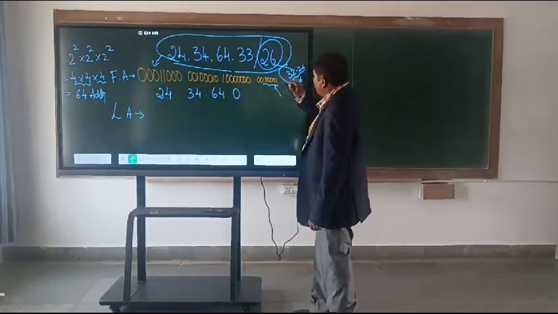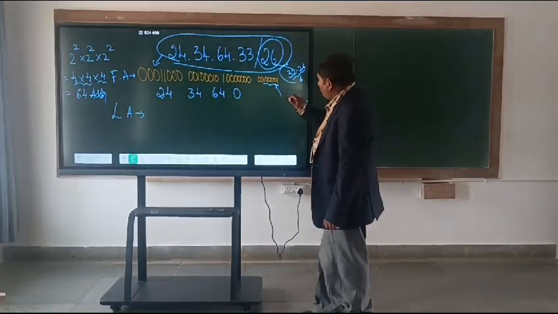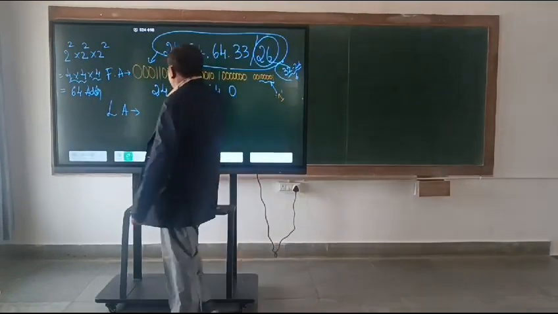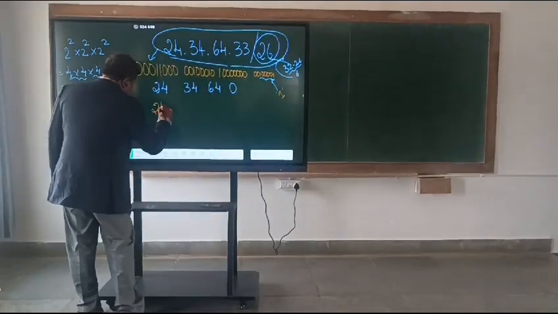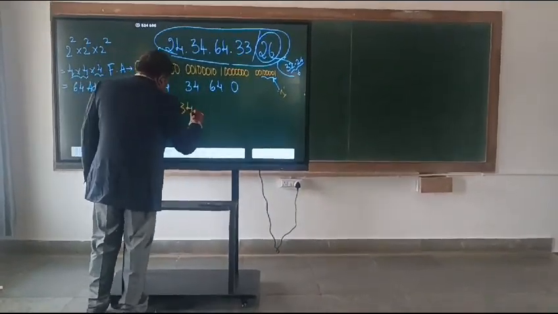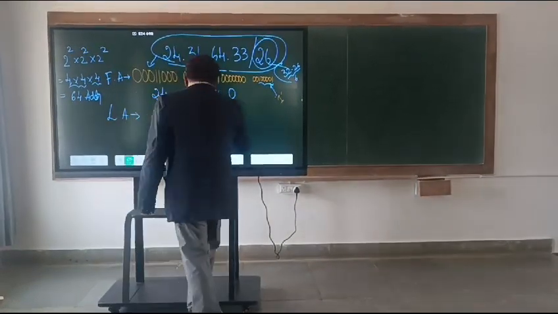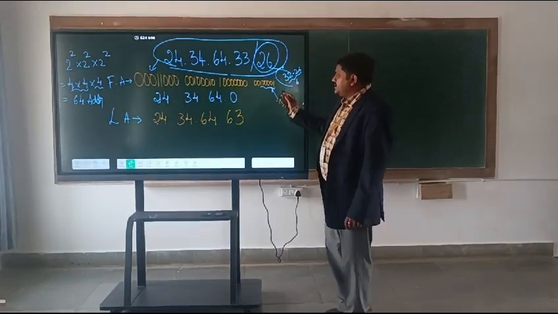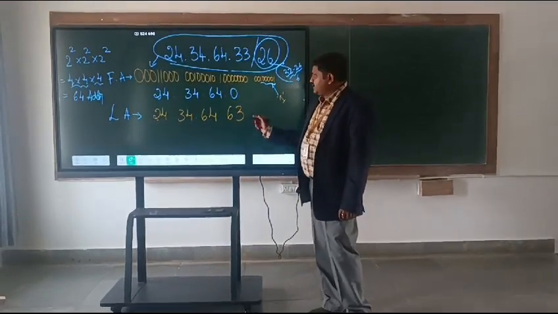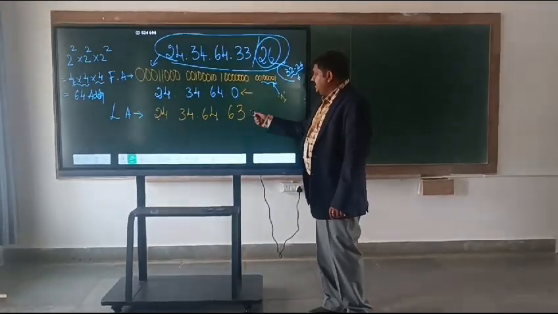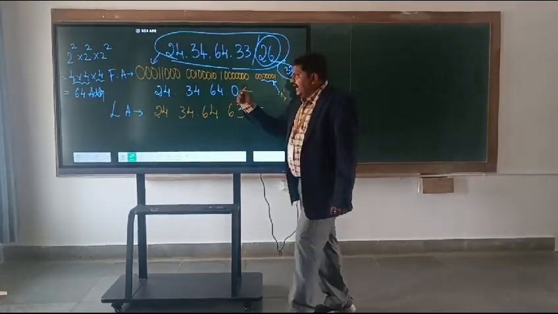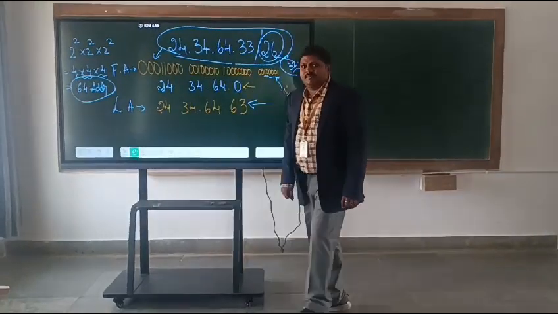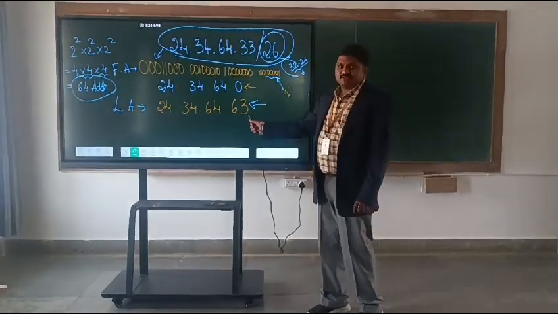Similarly, to find the last address, we do exactly the reverse. These 32 minus n bits have to be replaced with ones. In that scenario we will have 24.34.64.63, so 6 ones give me 63. So this is my first address and this is my last address, and the block size we got as 2 to the power of 32 minus n, that is 64 addresses. Thank you.